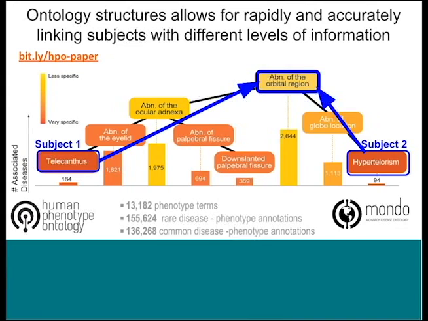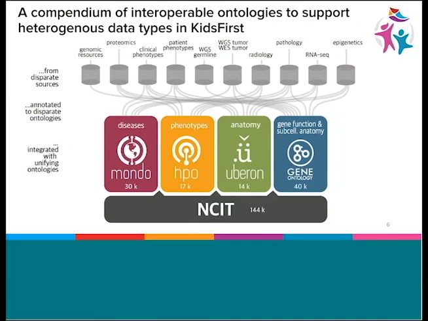So the main classifications we've decided to focus on in Gabriella Miller Kids First is the NCIt, which is the NCI's thesaurus, which covers diseases, phenotypes, anatomy, and gene function as well. And so we have it at the bottom there covering the entire range. We also have very specific ontologies, one of which is MONDO, which is the Monarch Disease Ontology, and HPO, which was discussed earlier by Melissa, and Uberon for the tissue and anatomy part